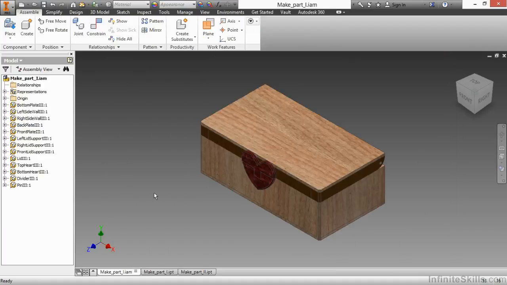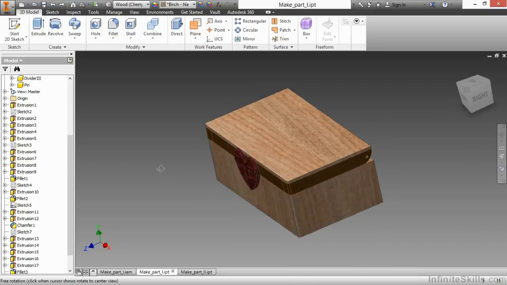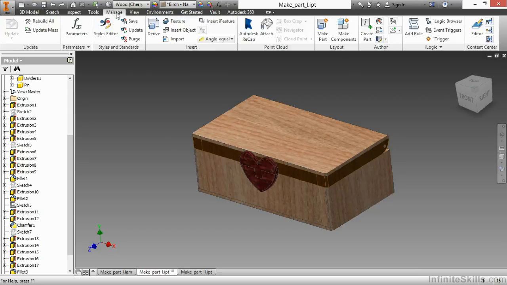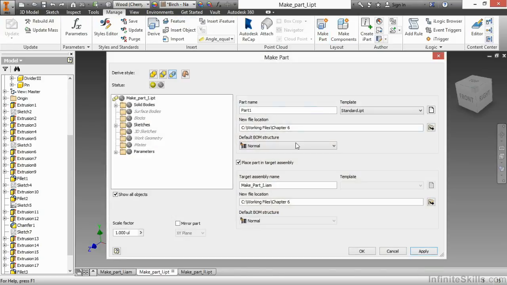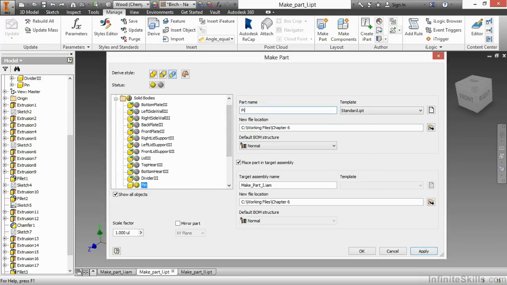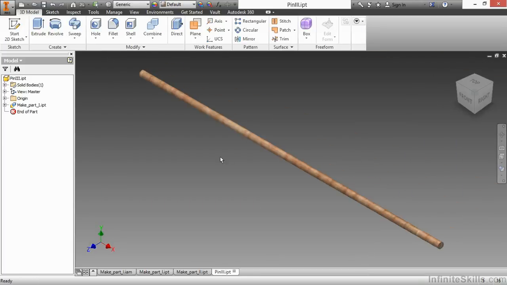Now over here in the make part 1 IAM, it already placed pin 3 in here for me. Now I'm going to undo this through a series of undos. There we go. So my solid is still there inside of the make part 1 IPT. I'll use this make part command again. Grab my pin. Again, call it pin 3. This time I will not place it into a target assembly and simply choose OK. And this will generate that pin file for me, pin 3 IPT. I'll save it